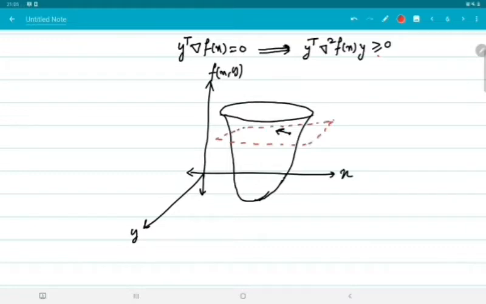So all such normals will lie on this plane, and what this expression is trying to say is that there is a plane which is perpendicular to this gradient. So there is another plane which is perpendicular to this direction, and we are just cutting this structure, and if we